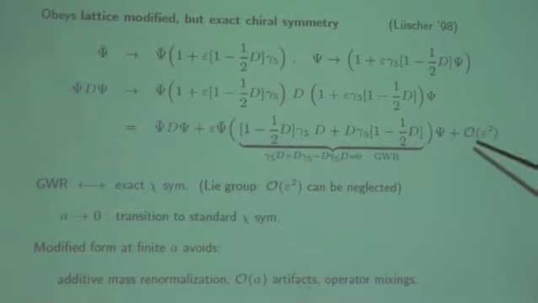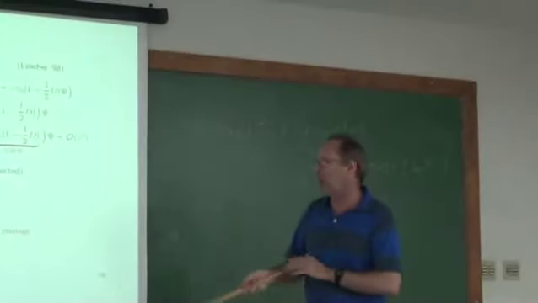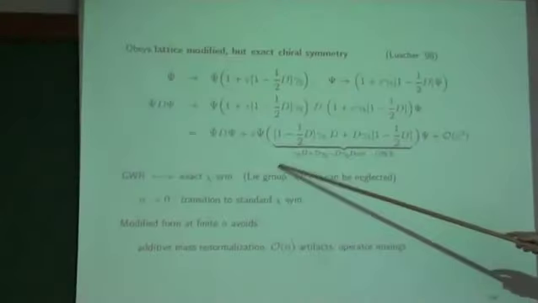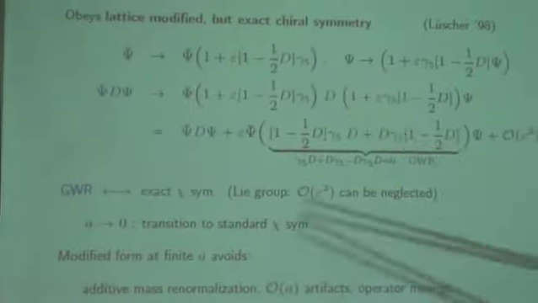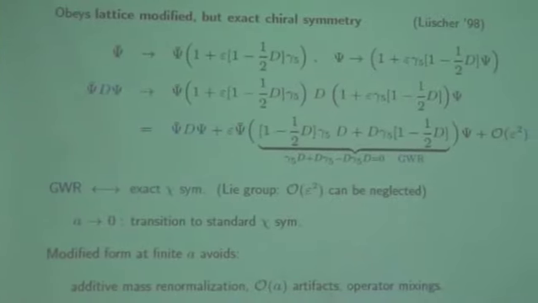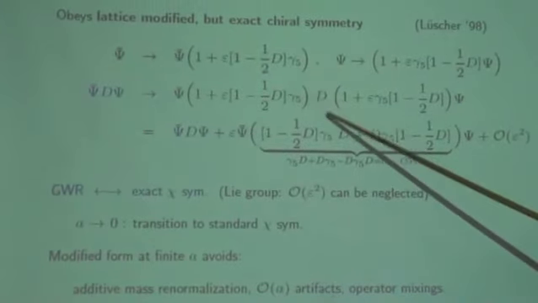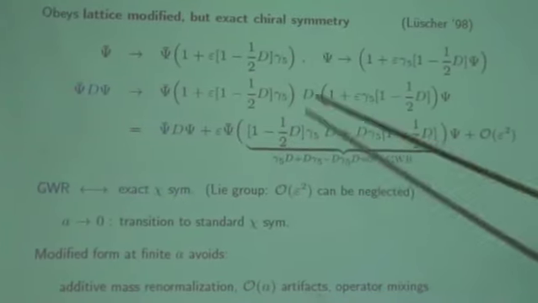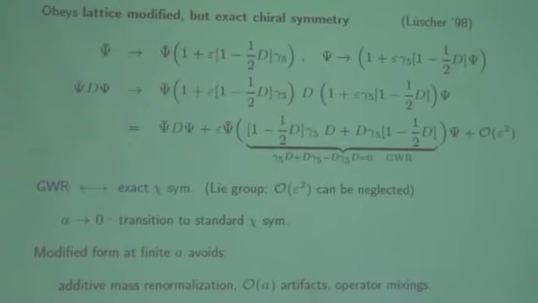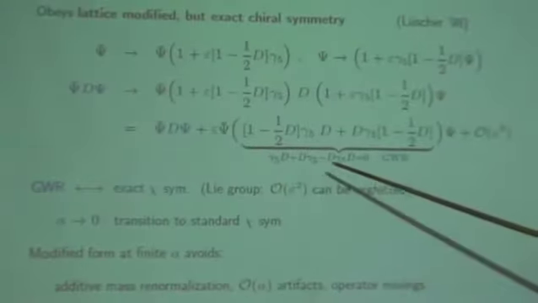this is good enough because this is a Lie group rotation. If you have invariance to the leading order, you can proceed in small rotations, and you have exact symmetry under this modified transformation. And if you take the limit a to 0, this term goes away, and it turns into the standard transformation in the continuum. But the essential point is that we do have a continuous exact symmetry even in the lattice if we obey